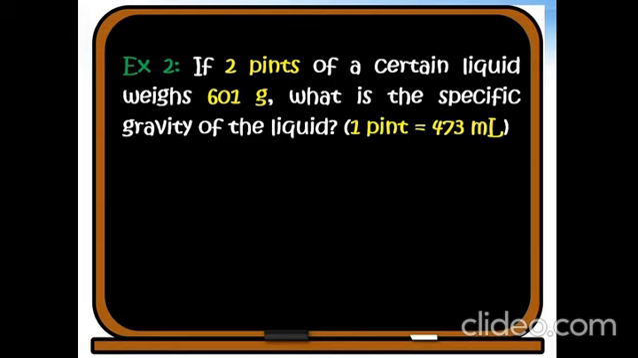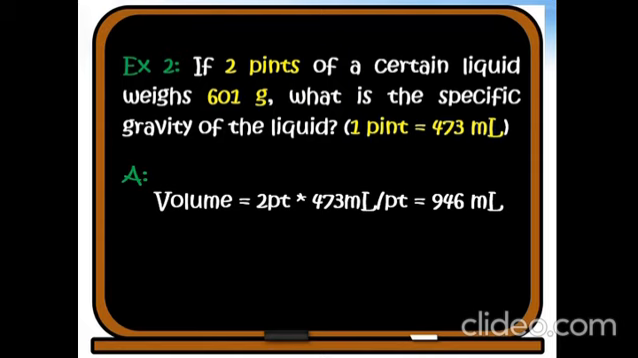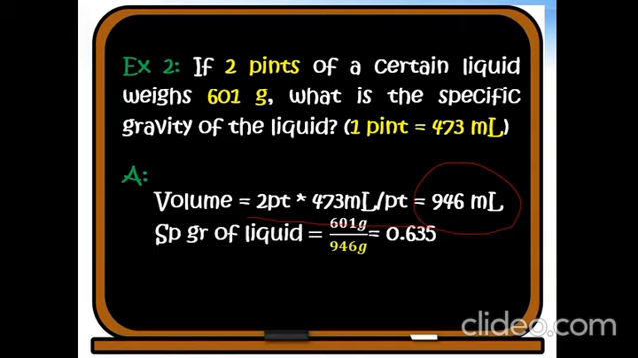Because the unit for the volume is pint, you have to do one more step of unit conversion. 1 pint is 473 ml. And the solution is here. The volume is 2 pints, right? So you have to do this one more step. And finally, the volume is 946 milliliters. And the specific gravity of the liquid is